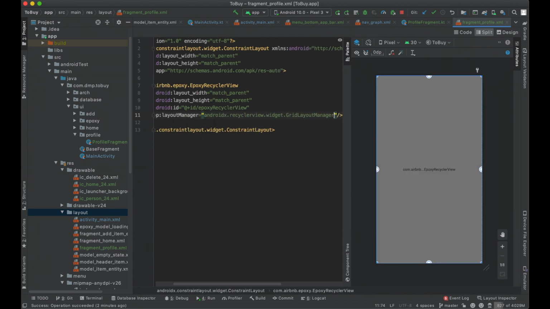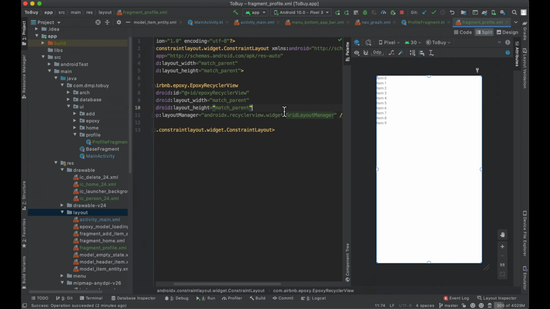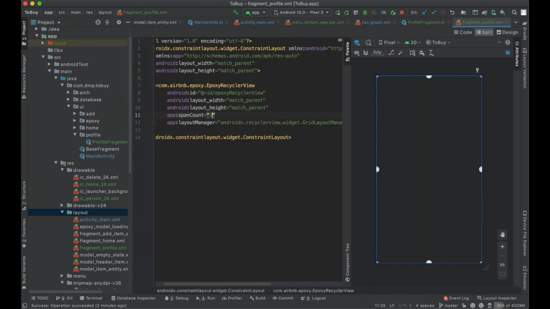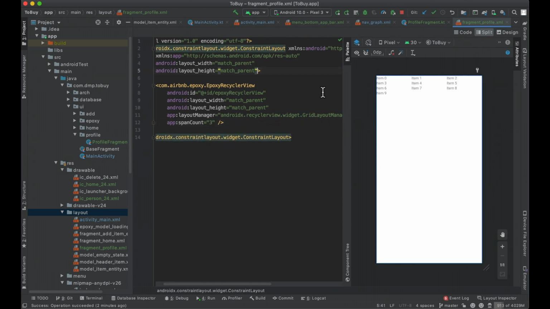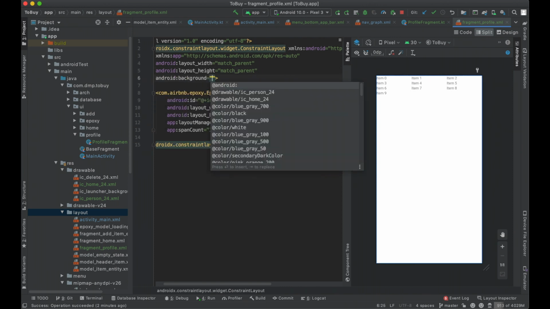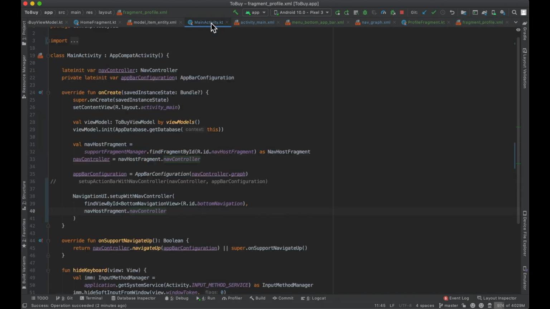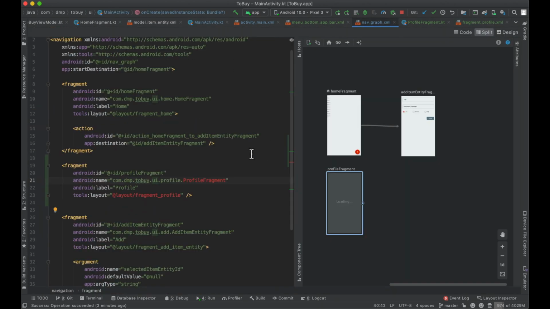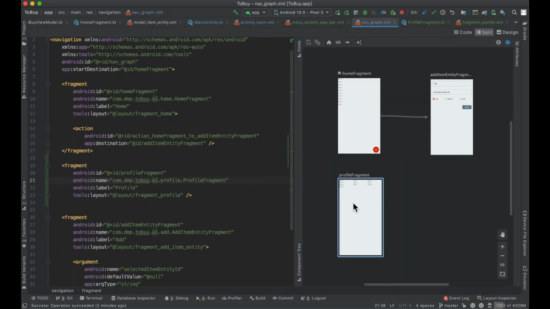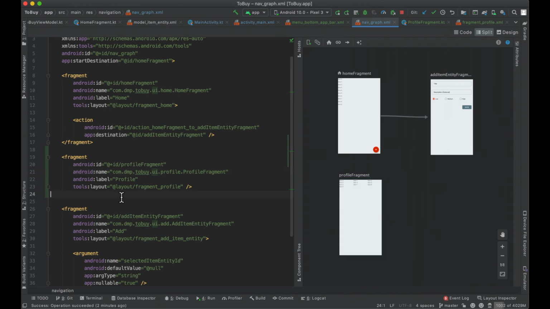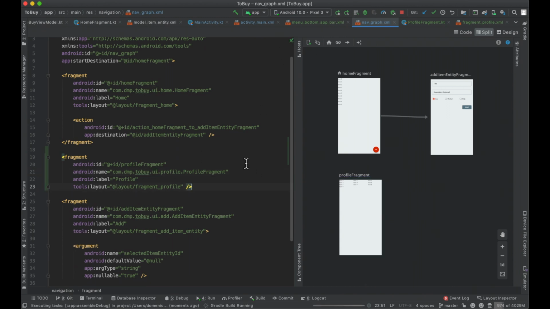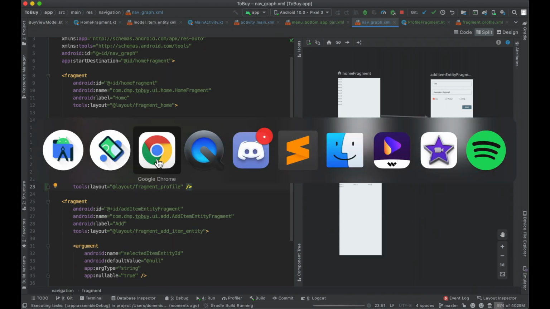Again, we'll make use of a grid layout manager somehow. Let's just set the span count to 3, so we'll see something change in the UI a little bit here. We will set our background to be the attribute background, which we've seen before. And then if we go ahead and check out our nav graph, we should see something here at this point. And if we go ahead and rerun our application,